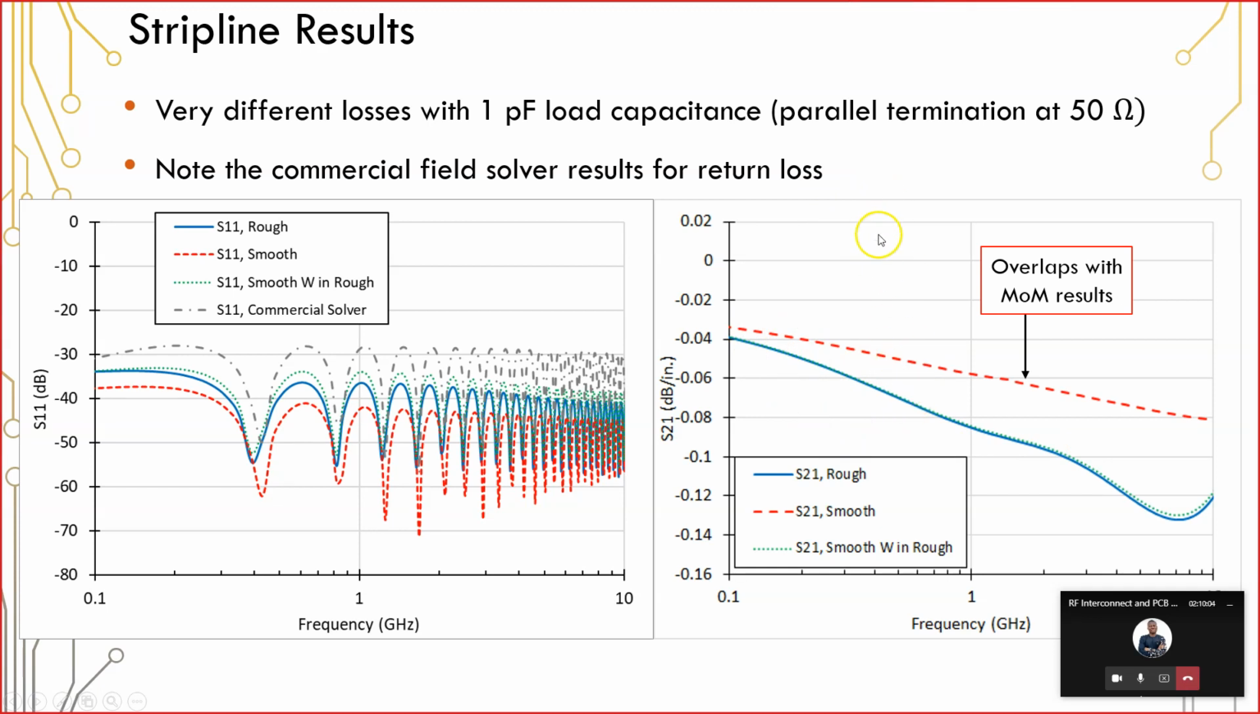We'd like to be very high. So here, when we add in the roughness, and when we use the incorrect width in a rough transmission line, what we see is that the roughness increases these losses, and they start to increase very quickly. Now, the important point to note here is that your